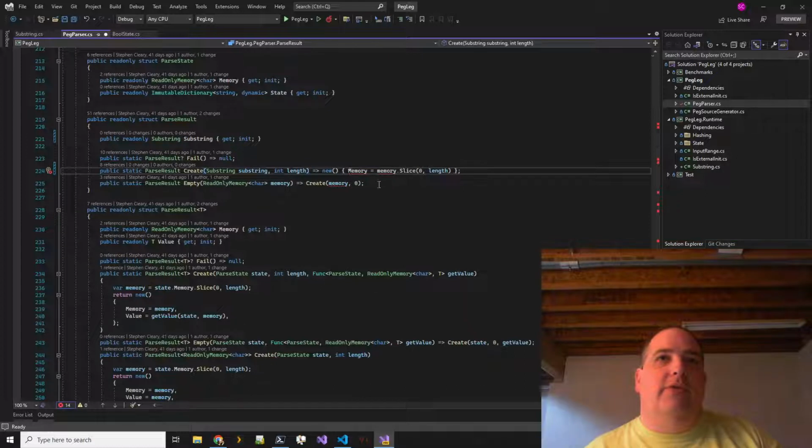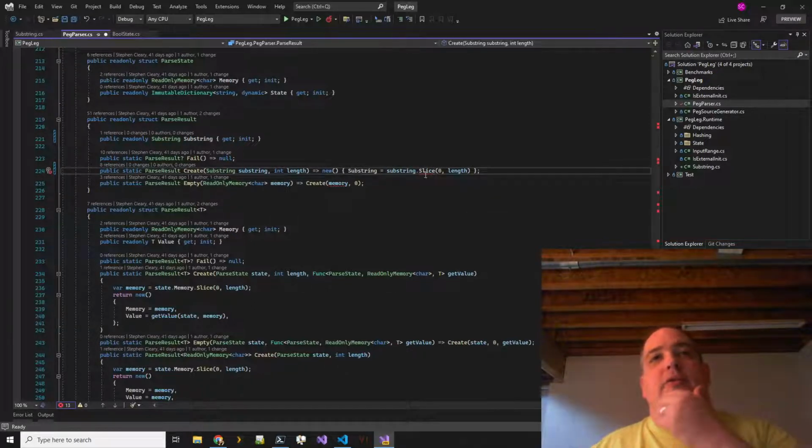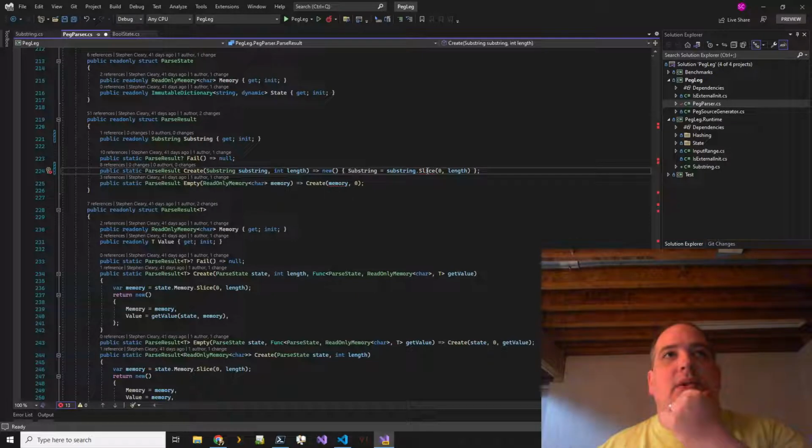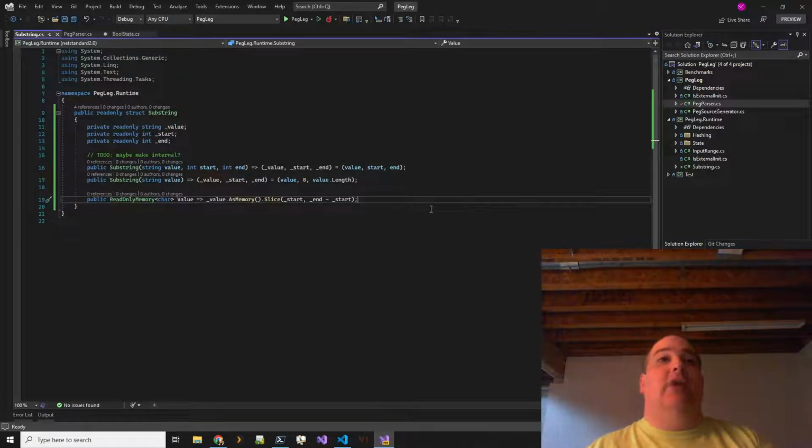And this is going to be a slice. And this slice, the only thing is I don't like those index length semantics, but if I'm not going to use them, then I really shouldn't use the word slice either.